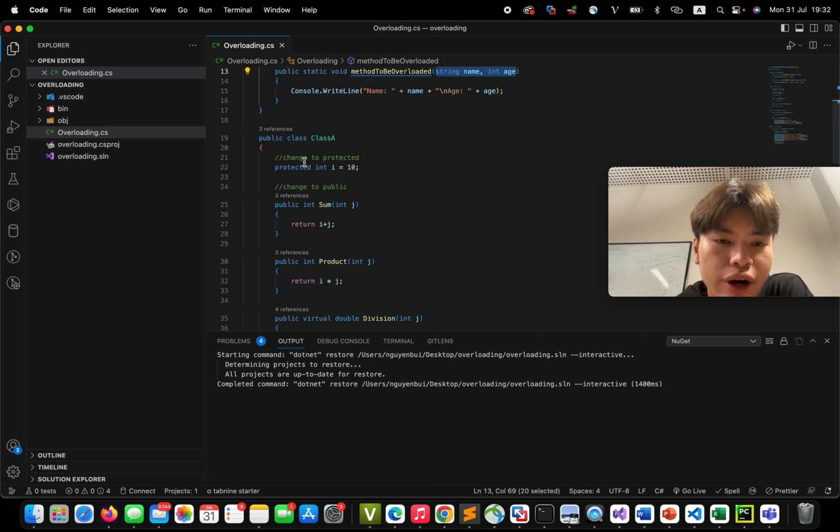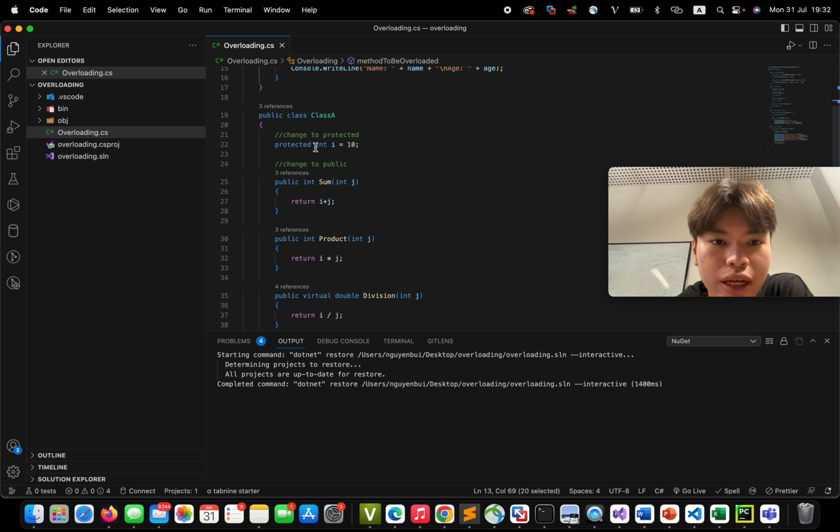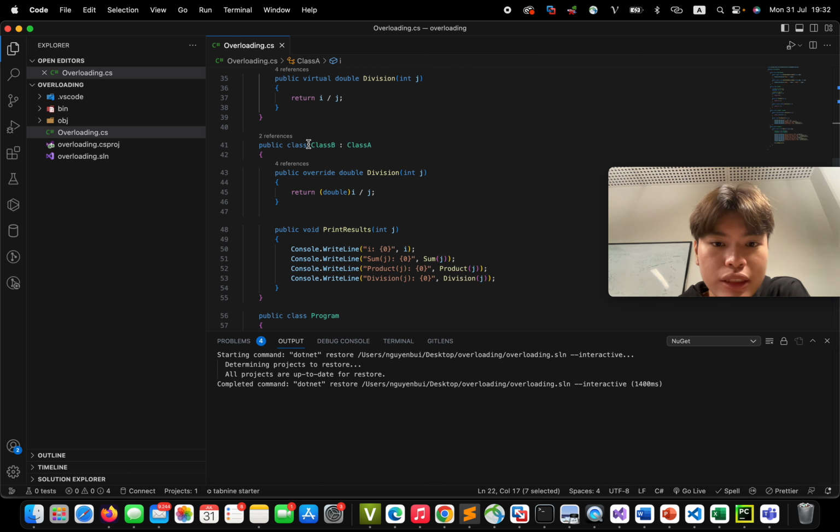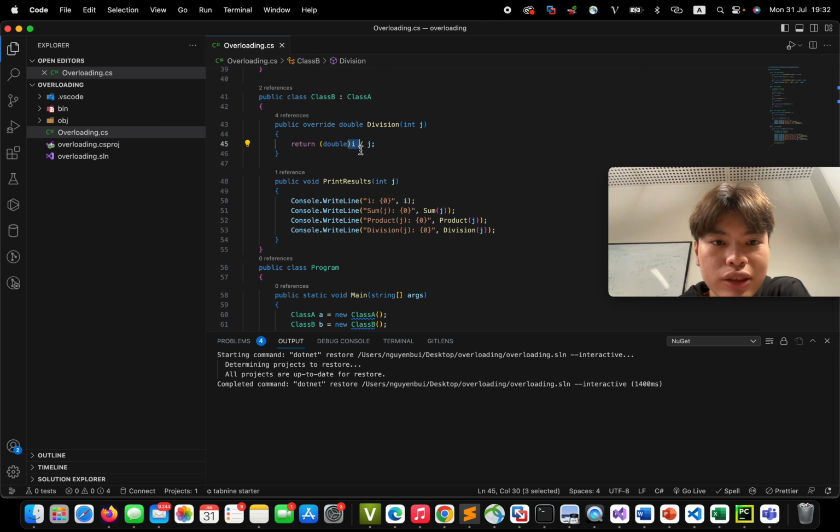So we create a public class, right? But in here we change this one to protected instead of private, because private we can only use that value inside this class. When another class wants to access the value, they will get an error. So we need to change it to protected. Protected is what we can use in other classes, but we cannot use it inside a method. So that's the reason why we need to use protected in here, because in this one we want to